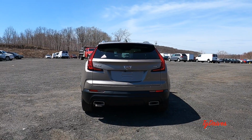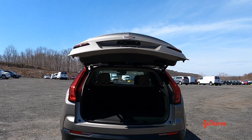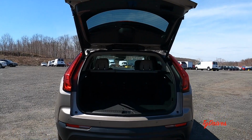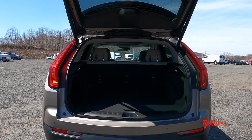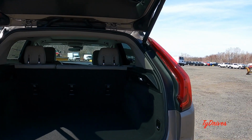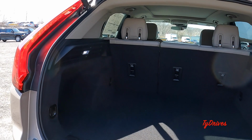Now I'm pretty happy to tell you that every single XT4 will have a fully powered trunk lid. Take a look at that. Regardless of trim level, obviously we have the most basic one here, and this has it. But nicely illuminated back here too, with lights on either side, and a pretty good amount of space once you